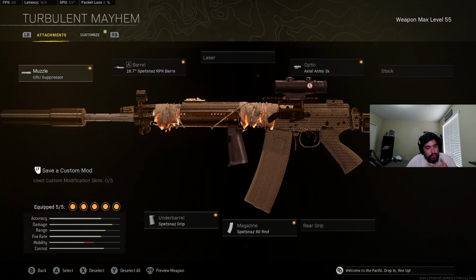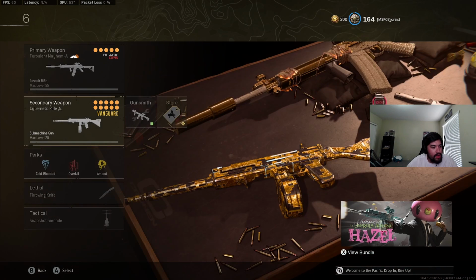It's the same build we're going to run with all Cold War weapons: Gru Suppressor or Agency, Spetsnaz or Spetsnaz barrel or Field Agent, right? No, it's Field Agent grip. It's the Task Force barrel. Spetsnaz grip or Field Agent grip. Axial Arms 3 times. Spetsnaz 60 round mag. With that, I have the